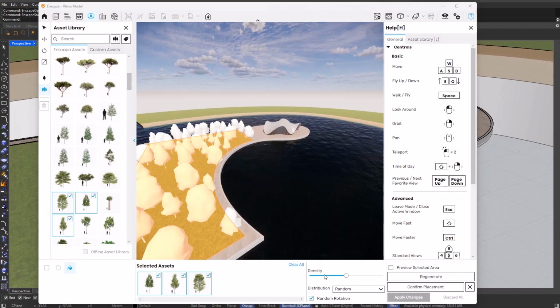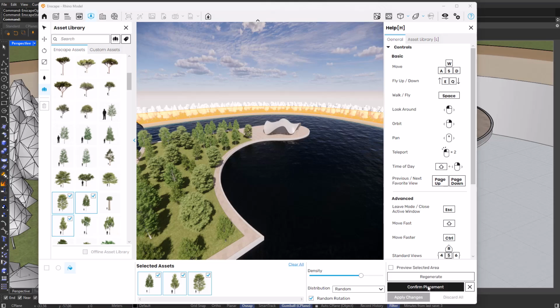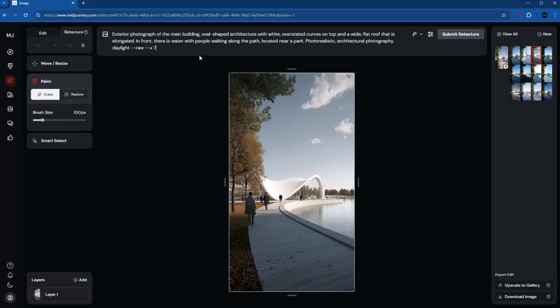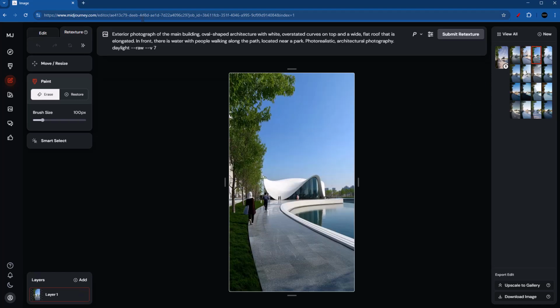Here's a quick look at what we'll be creating, and yes, everything you see here is made with just a few essential tools. If you've ever wondered how to use AI without losing your design style, this video is for you. I'll share not just the steps but also the tips to keep control of the design and not let